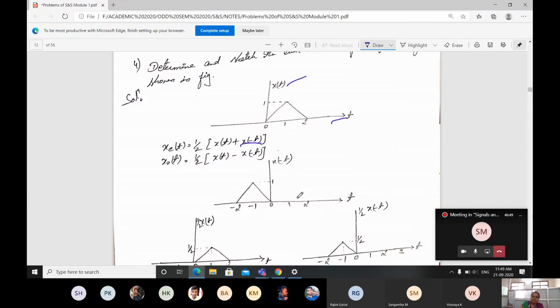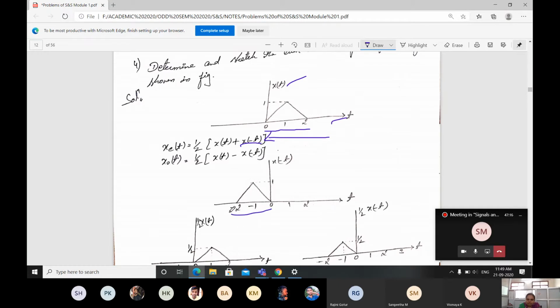Okay, next, here x of t is already given. We have to find what is our x of minus t. If I observe this x of minus t, which basic operation we have to perform, it is a reflection operation, right? X of minus t is a reflection. For that reason, for x of t we have to do the reflection. Reflection means the positive values of t are going to change to the negative values, right?